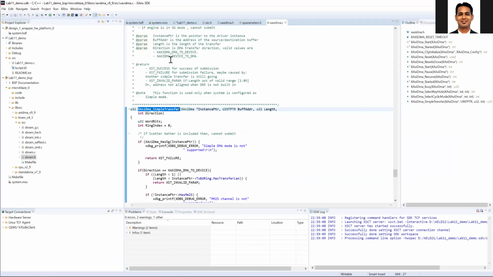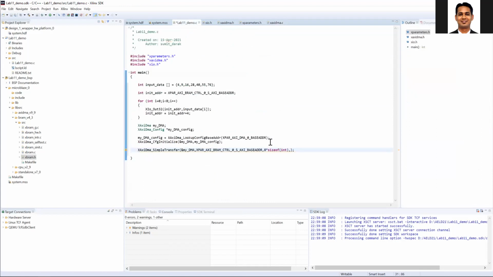You can see that the direction is either from the DMA to device or device to DMA. We are going to give the data to the device, so we need to do DMA to device.